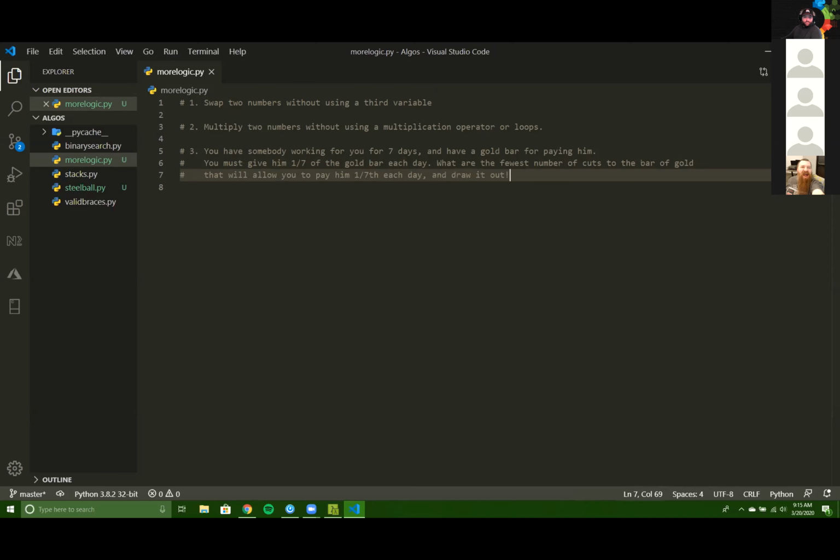Gold bars are actually going to be worth more than loose gold, so you probably just invest it and then pay him in cash like a normal human being. Nope, you have to give him pieces of the gold bar. Well, you're losing money, so well,